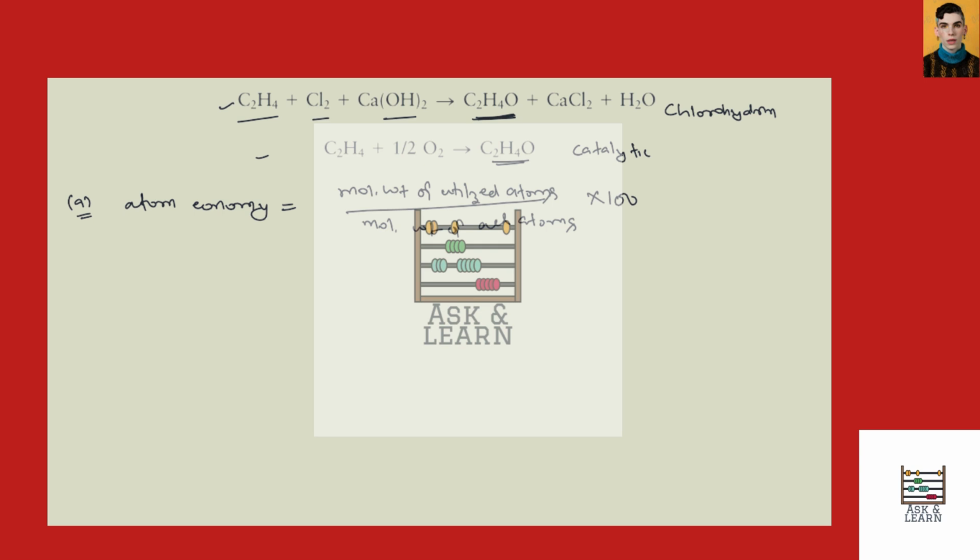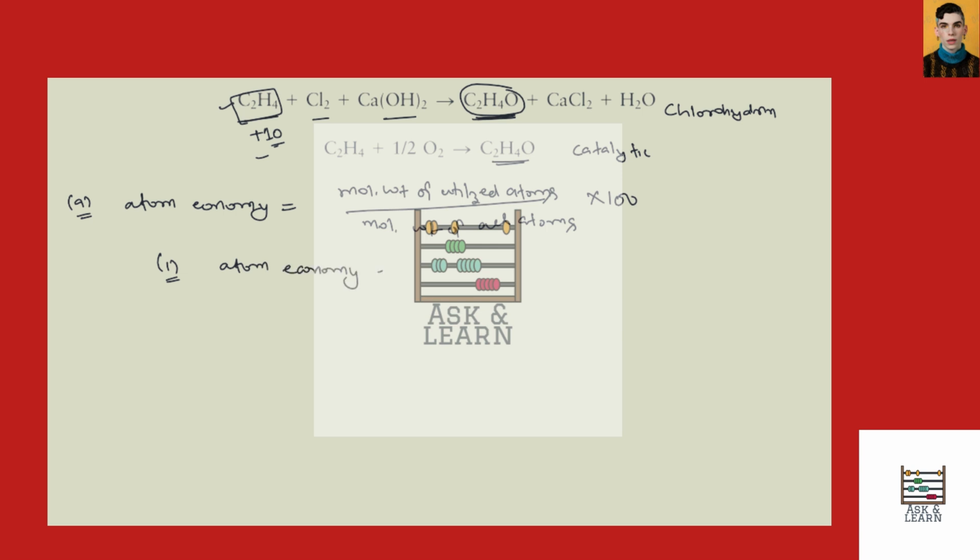Now, since we are talking about the formation of C2H4O, for the first reaction, or we can say for the chlorohydrin route, only C2H4 and one oxygen atom would be needed, right? So these are the atoms that are actually utilized, while all the other atoms are basically wasted, right? So in the formula of atom economy,